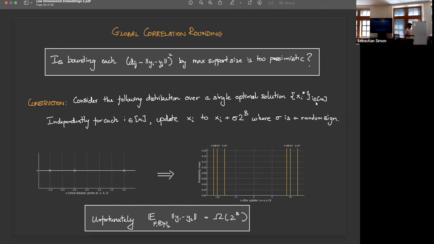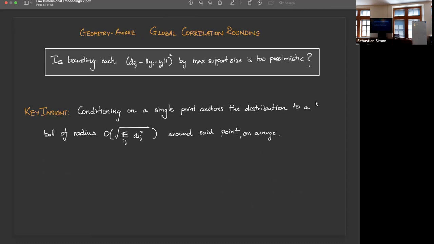So how would you fix something like this? Well, here's how you fix it. The key insight is that if I condition on one point from the actual distribution, then this essentially anchors the space of distributions into a ball of radius, which is like the average distance around the root. So this way I can shift and make it the original. And if I condition on just one point, I get rid of this example where I'm taking the points and embedding them at the